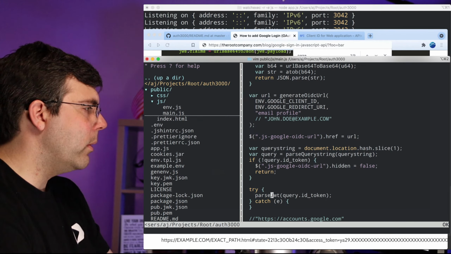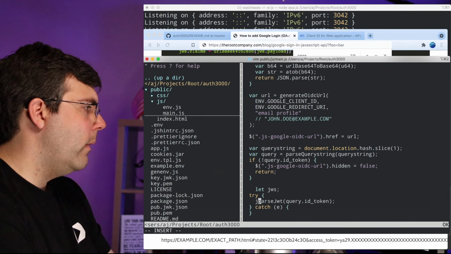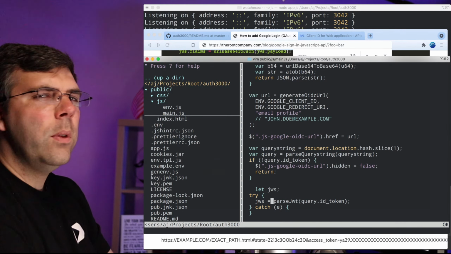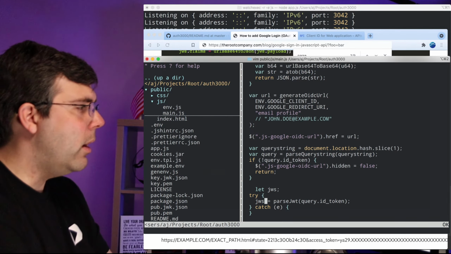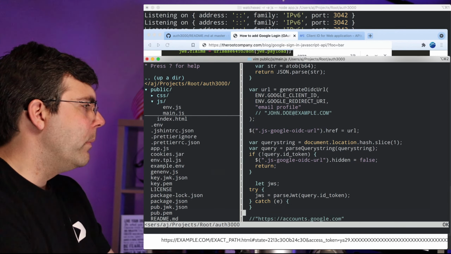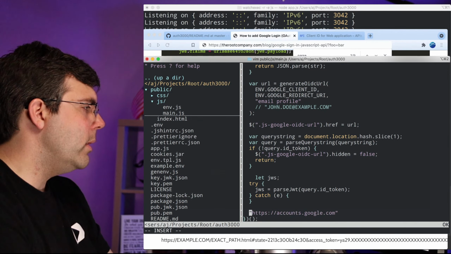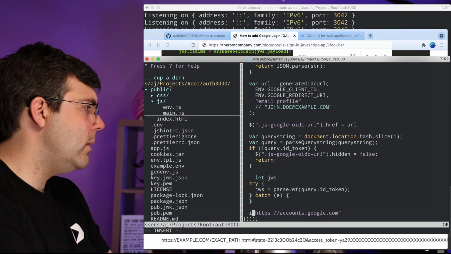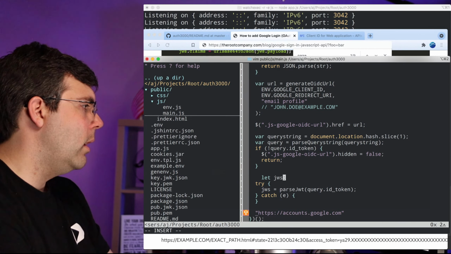Anyway, that done, what are we trying to do here? We're trying to get our JWS out of our JWT. I wish more people knew that JWS was the name of a decoded JWT. And then what we're trying to do was this. We're going to check to see if